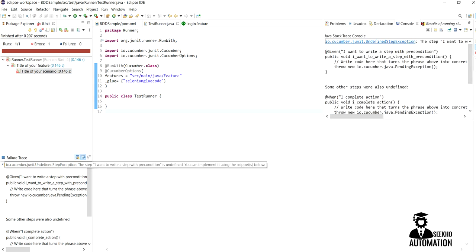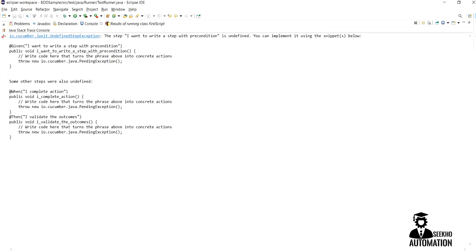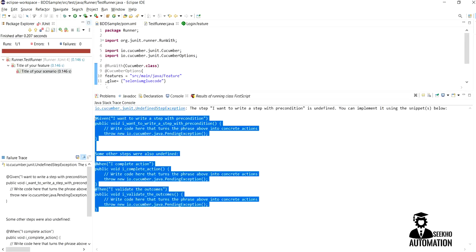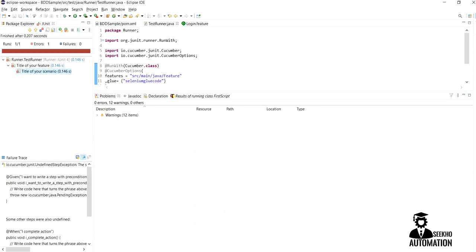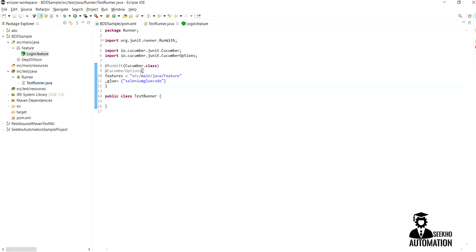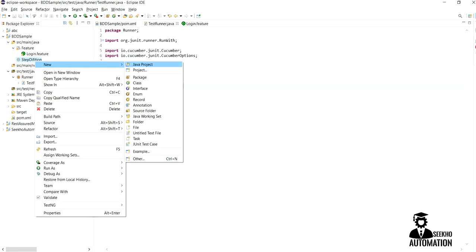So the failure message is that the basic advantage of Cucumber is it tells you which methods we need to include, which are not implemented yet. So these methods we need to include in the step definition.